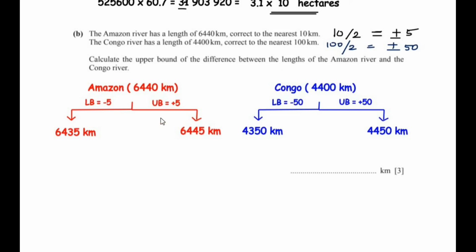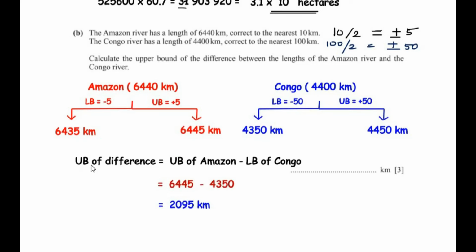take the upper bound of the Amazon River because its value is more than the Congo River, and we have to subtract the lower bound of the Congo River from the upper bound of the Amazon River. So I have written here: upper bound of the difference is upper bound of the Amazon River minus the lower bound of the Congo River. Now if the lower bound was asked in the exam, then we would use the lower bound of the Amazon River and subtract the upper bound of the Congo River from the lower